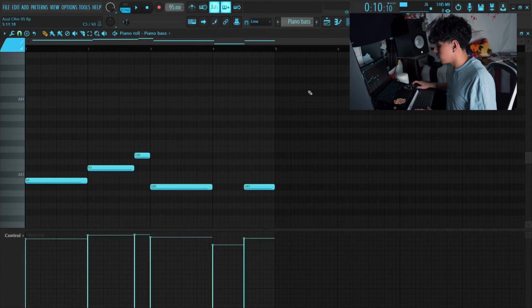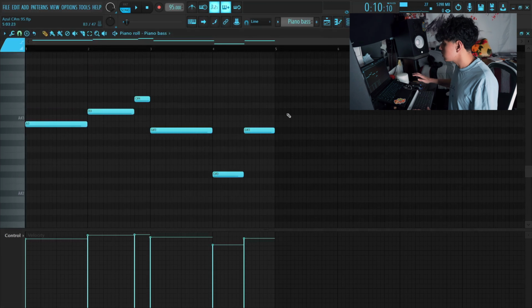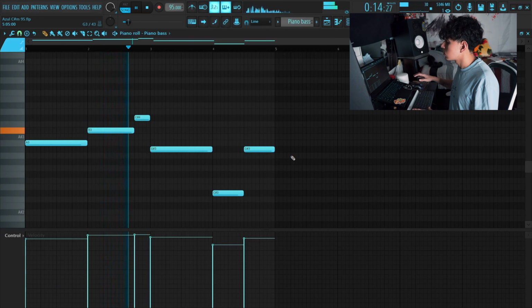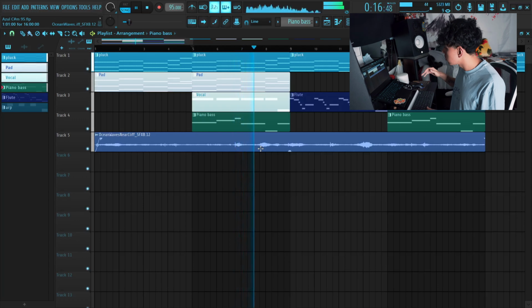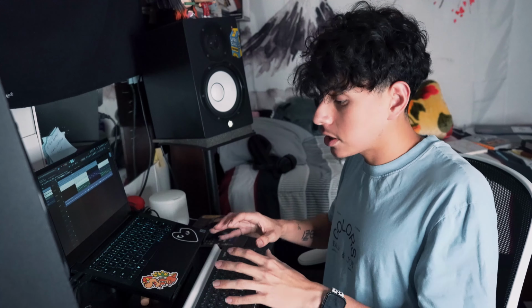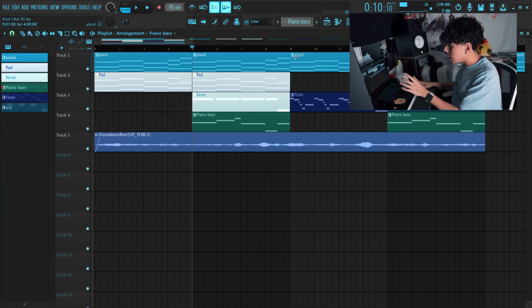The last thing I added for this was a grand piano, just to fill in the lows, follow the root notes, and honestly, yeah, it just sounded like this. Put all those together, you get this. You see how they all build up? Like first it started like, then it's like, for the next part, I just got rid of the pad and the piano and I added